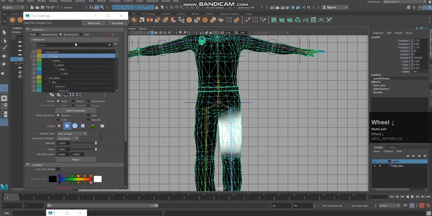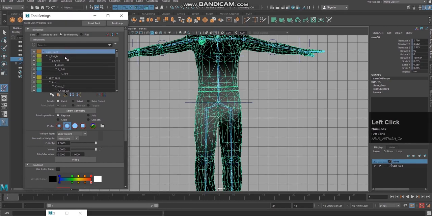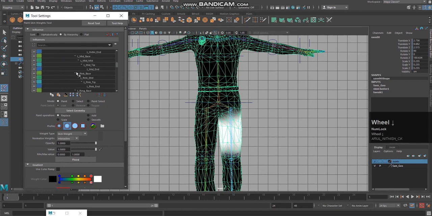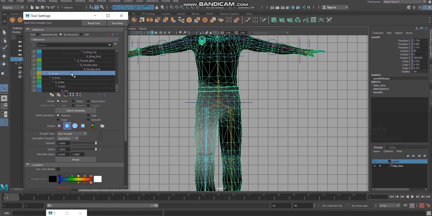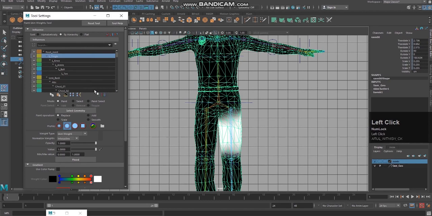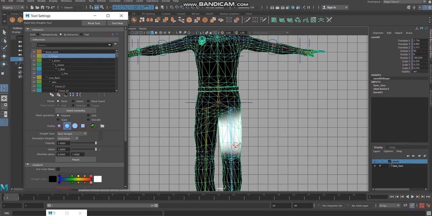So I'm going to select the right thigh. Where is the right thigh? Root joint, left thigh, lower back, right thigh. You can see both are having different kinds of values. This is having some light influence, but this is having very strong influence. This kind of influence should be smoothened. You should press Shift and smooth it. Okay, then this is fine.